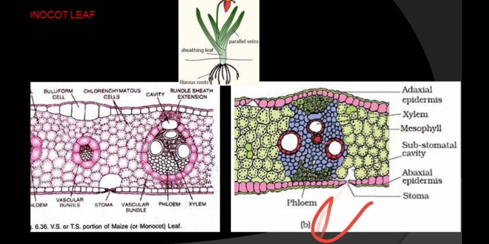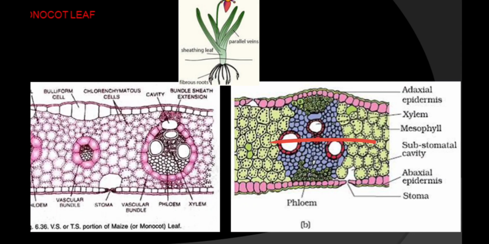Okay, now if you go inside and see the vascular bundle, you will see the bundle sheath around, and inside we have xylem and phloem. So the vascular bundle in this case is also conjoint, collateral and closed type. Conjoint, again I am repeating, means the xylem and the phloem are on the same radius. Then collateral means one side xylem and the other side phloem, and closed means no cambium is there, so no secondary growth occurs in this case.